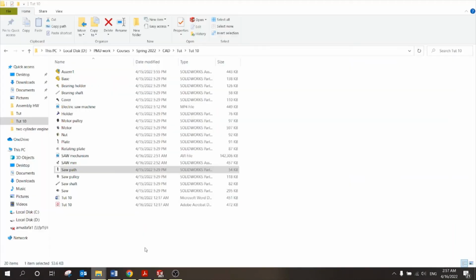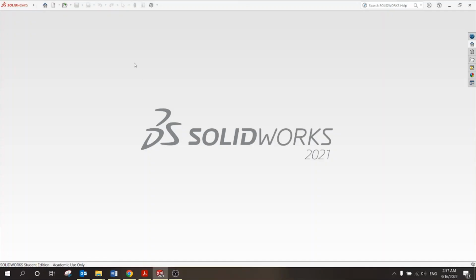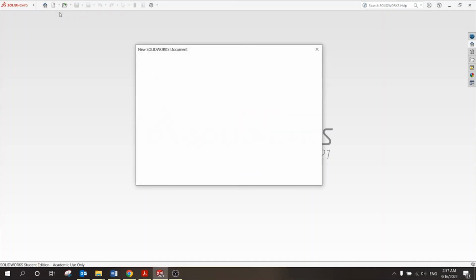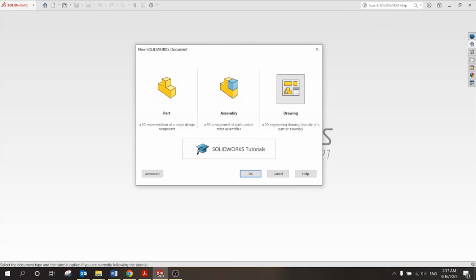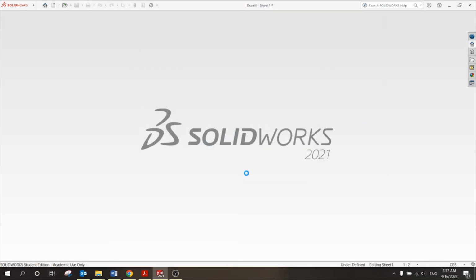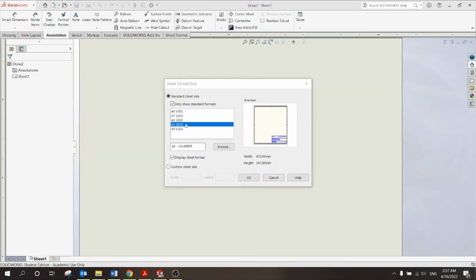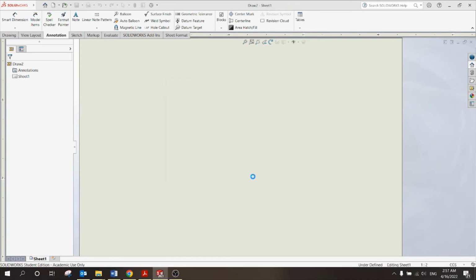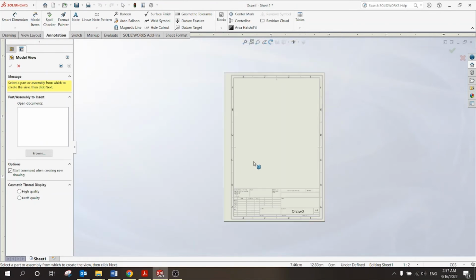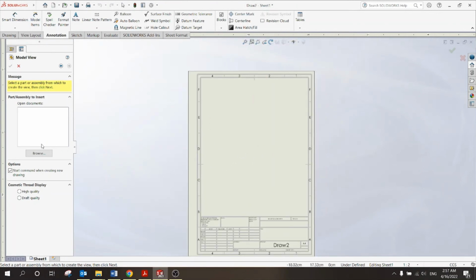I have it already, that's the part of the plate, but I want to open SolidWorks, new, and then drawing. I have to select maybe an A4 size paper, and then I have to browse the component that I want to make. Browse,